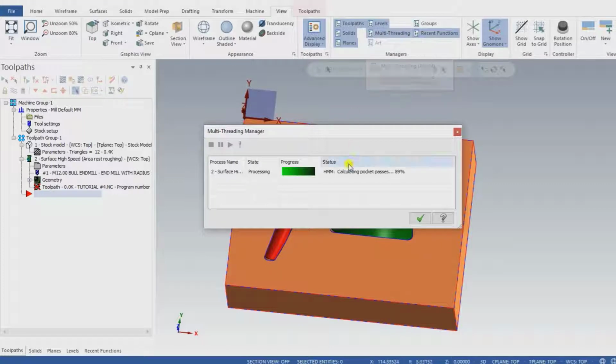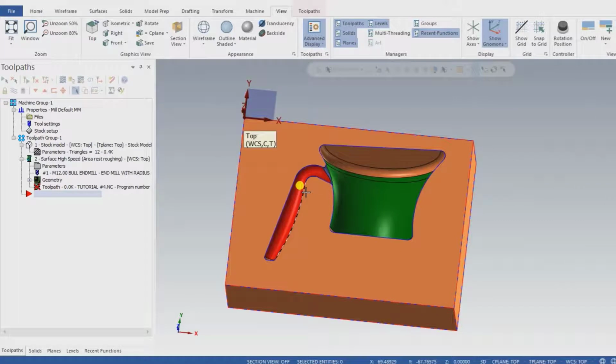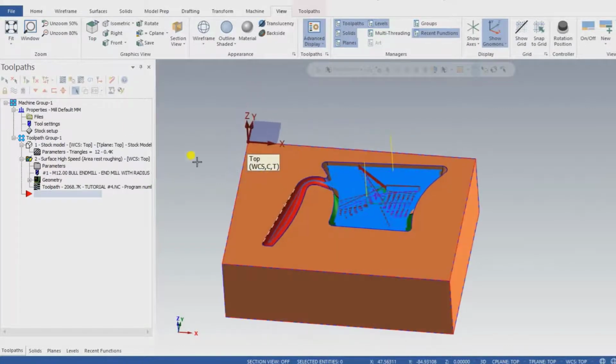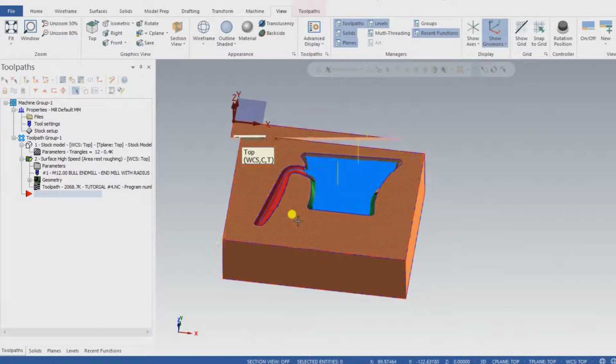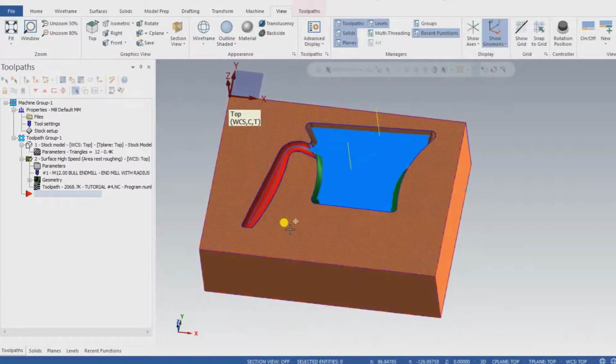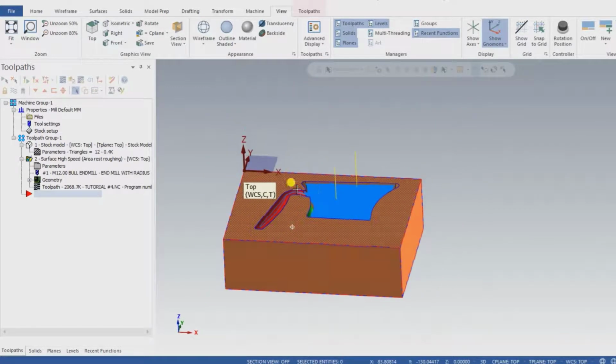click at multi-thread, right click, real time, and just press OK. So what happens is that when sometimes it takes more time, at that time when you process that one, the time will be automatically reduced. So guys, as you can see here, my entire tool path is created for the roughing operation. As you can see here, my first roughing operation tool path is created.